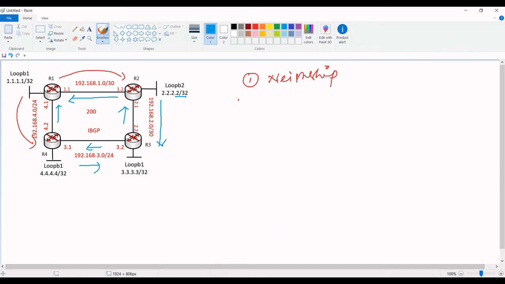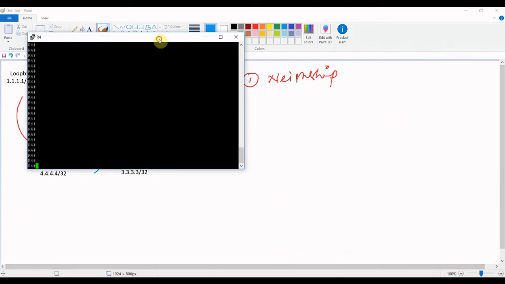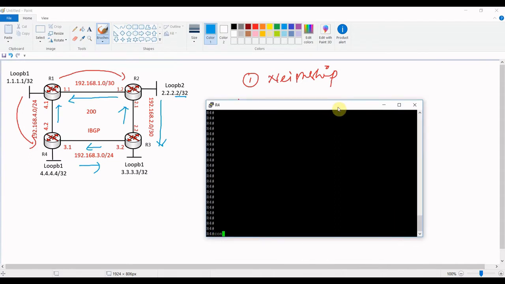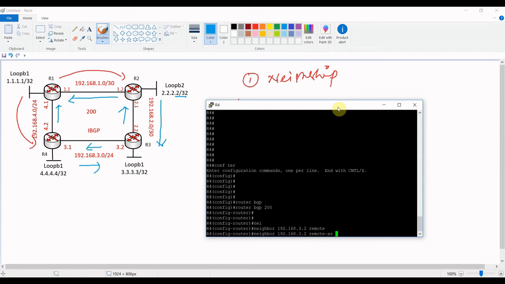Now we will do the same thing on router 4. Configure terminal, we will use the command router BGP 200, and then the neighbor command 192.168.3.2, which is at router 3, and then 200.